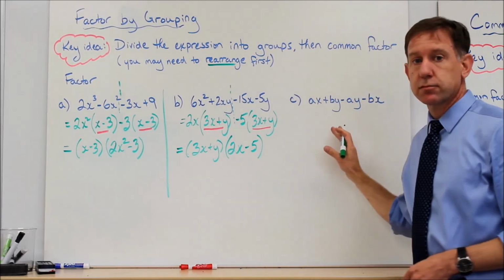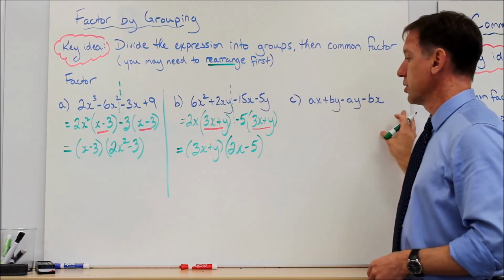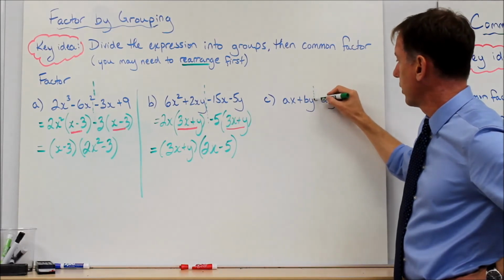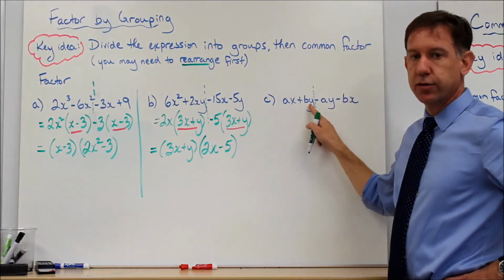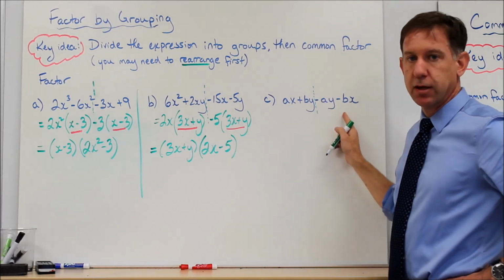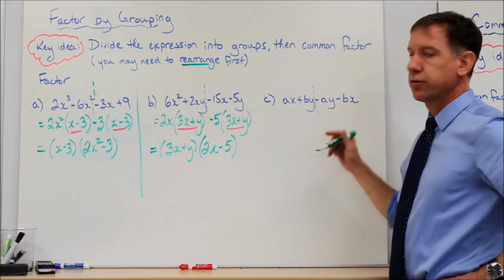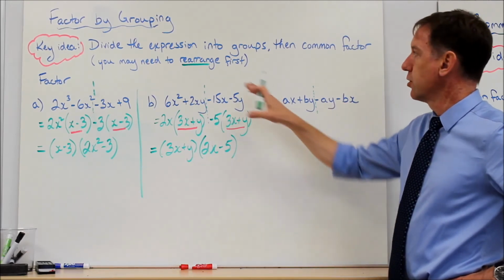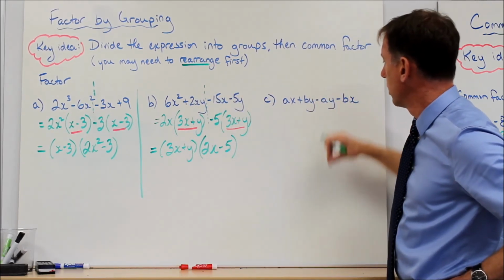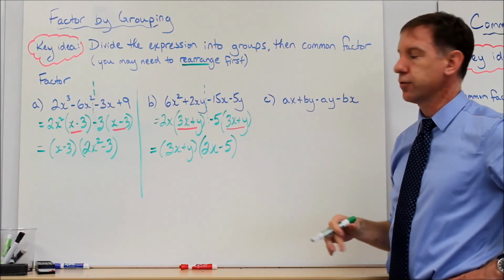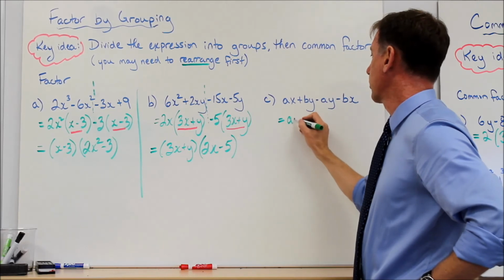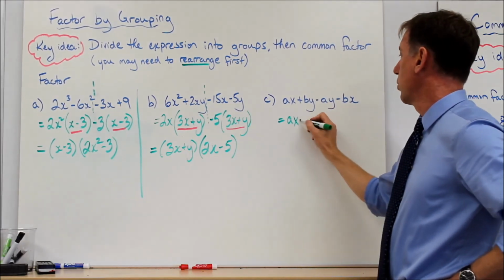Lastly, I've got an expression here that if you look through and try and divide it initially in half the way that it's written, no common letters here, okay? No common A's or B's or X's or Y's. The second half of the expression, same thing, no common A's, B's, X's, Y's. So I know initially I'm going to have to do this rearranging part, okay? So try and rearrange it so that you've got some common letters, or numbers, in the first half. For example, I could do AX first, and then put this AY right beside it